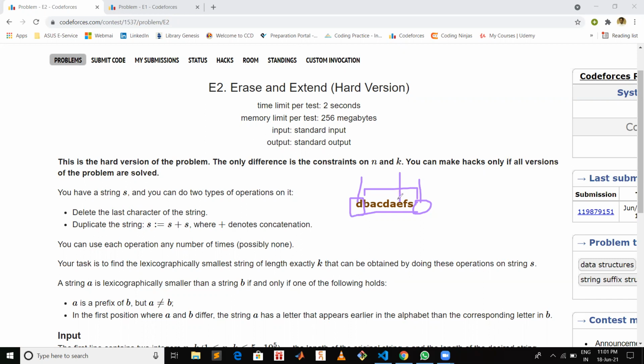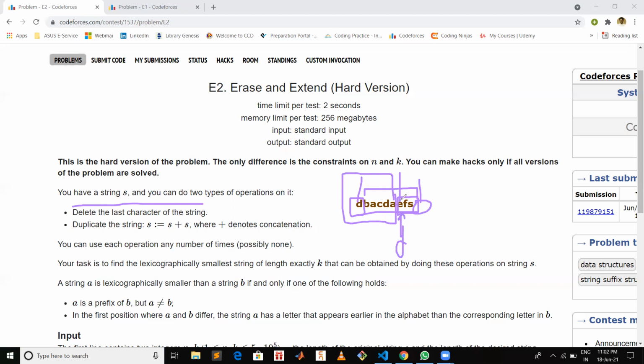Now, by using the first operation, you can delete these characters from e up to the end of the string. After that, if you concatenate the left part of the string, the character you're going to get over here is the first character of your original string, which is d.